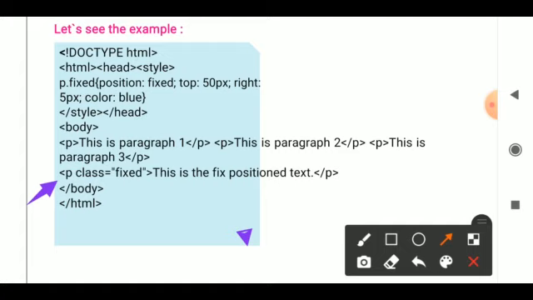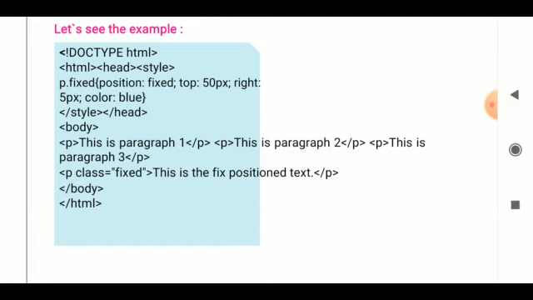This is the fixed position text, displaying in a fixed position on the browser. It takes the fixed position on the browser window. On top it leaves a 50 pixel distance, and on the right side it leaves a 5 pixel distance, and that line should display in blue color. Okay, we see here